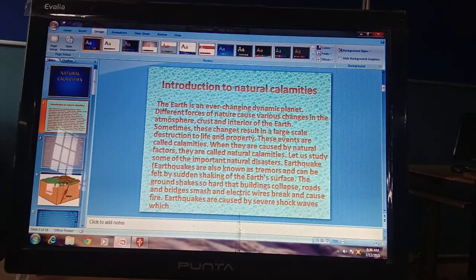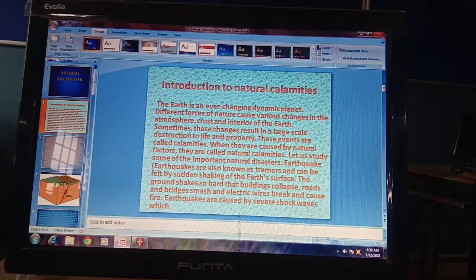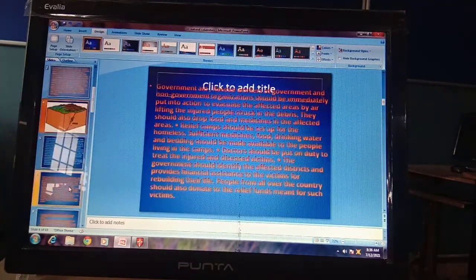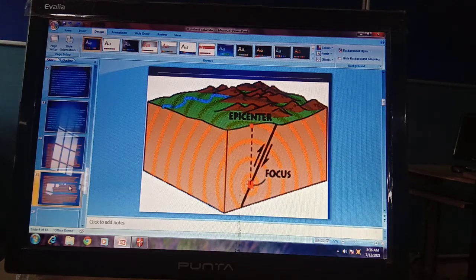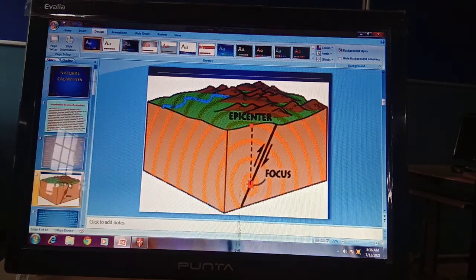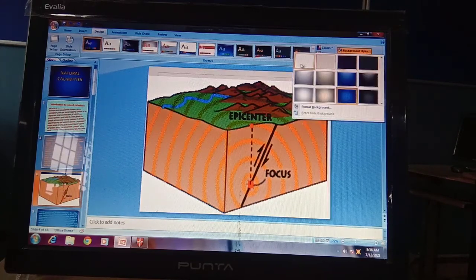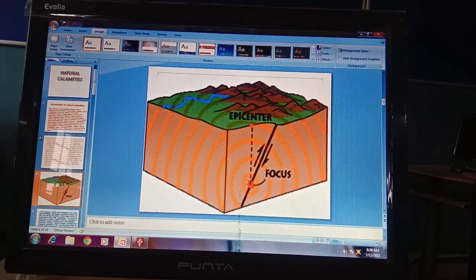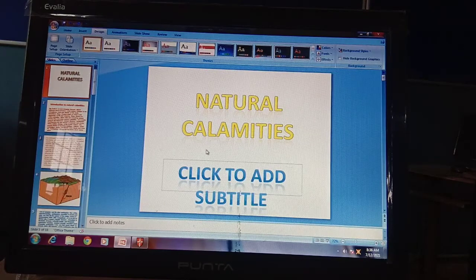You need to apply formatting according to your presentation. Is it clear to everyone? So it is clear. So how to change the background?